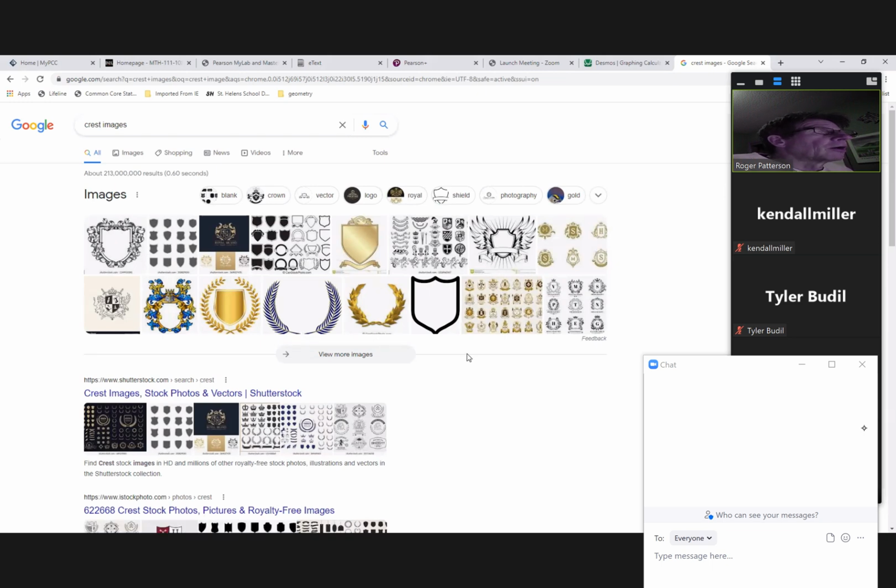Now, obviously I'm going to pick something very, very simple because I want to do it tonight. I'm not going to do all of it, but I'm going to do part of it. So I don't want to pick anything too complicated that's going to take me too long. That's one of the things that I talk to you about: when you find your image that you want to do,